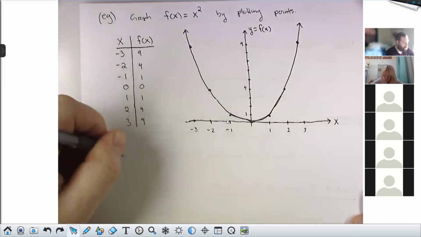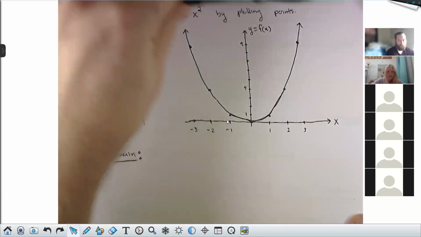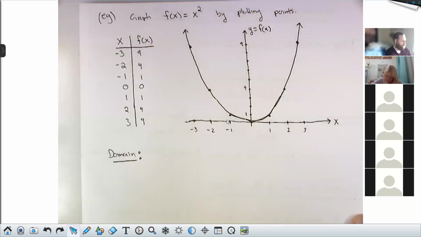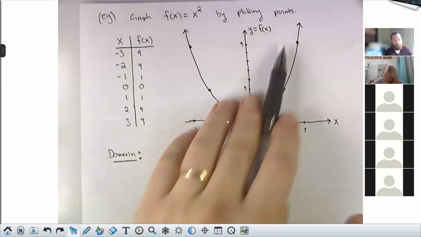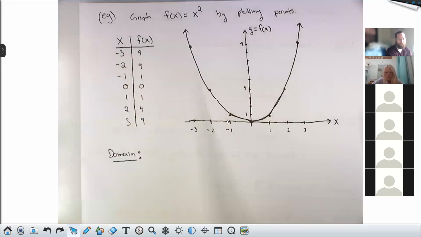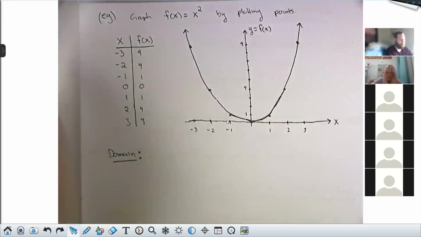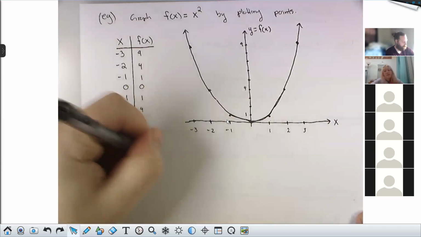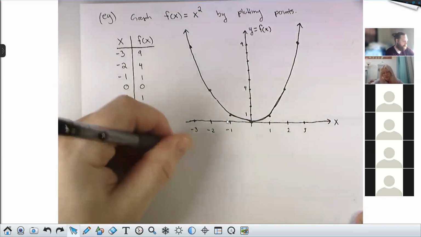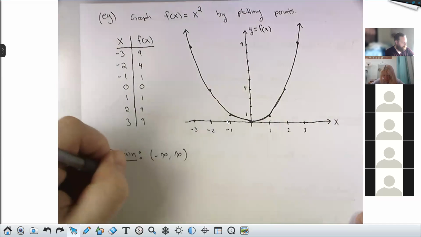Domain. You can see from the graph, if you were to squish this whole graph down onto the x-axis, everything gets hit. These arrows indicate that this goes on and on forever, out forever and up forever. So there is a part that squishes down over here, just way up out on the left. So my domain is -∞ to infinity. And you'll see that's actually the same for all polynomials, all quadratics. The range is a little more interesting here.